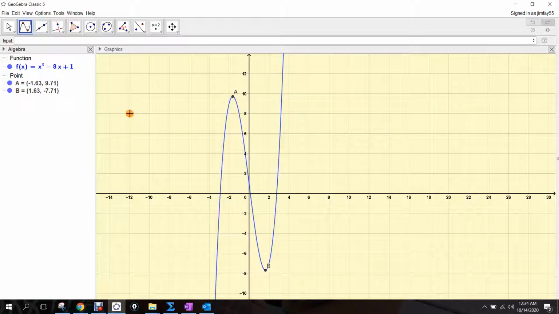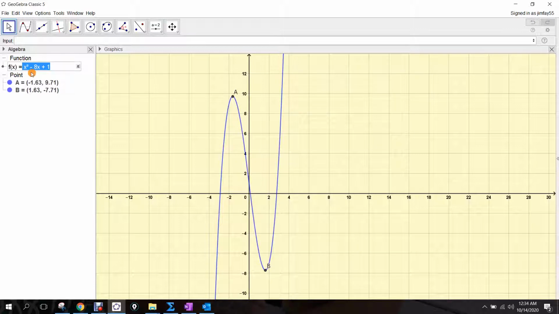it tells me that the maximum is here at point A, which is a y value of 9.71. So that's the maximum, and it's a local maximum. And then negative 7.71 is going to be a local minimum. Okay, and you can see what happens here is a maximum